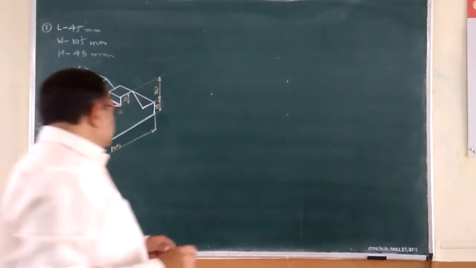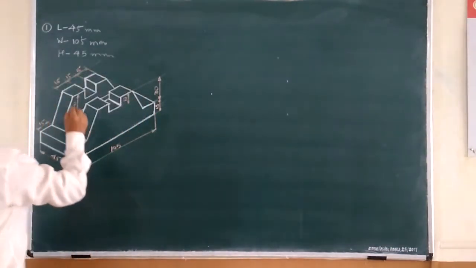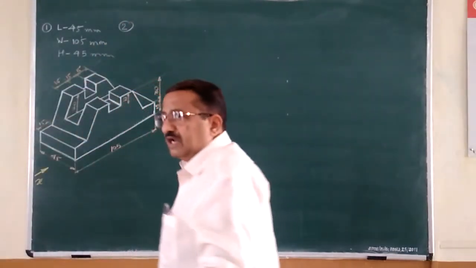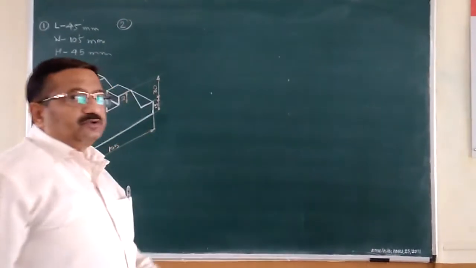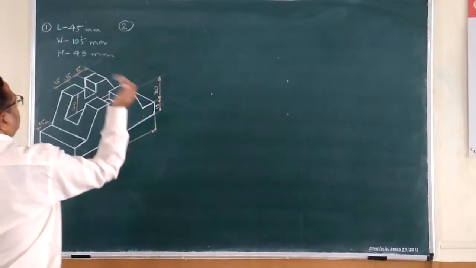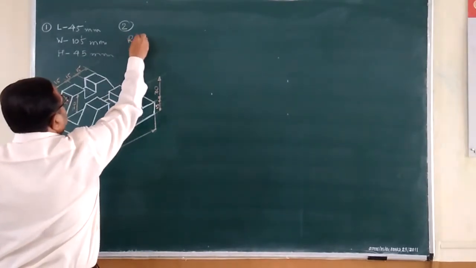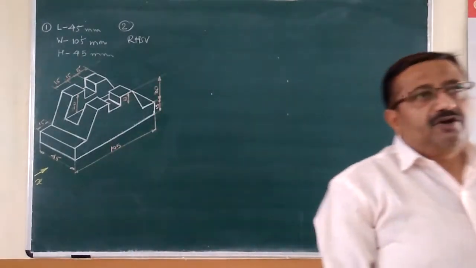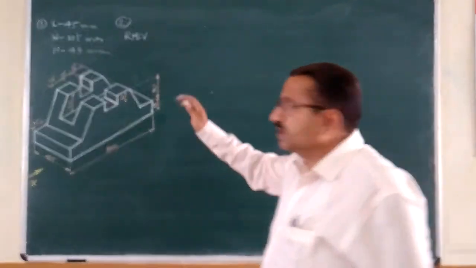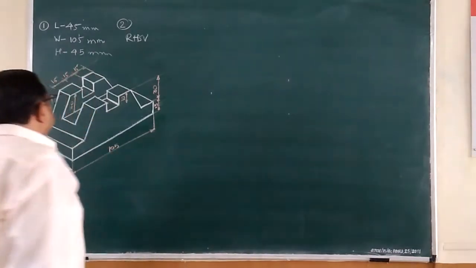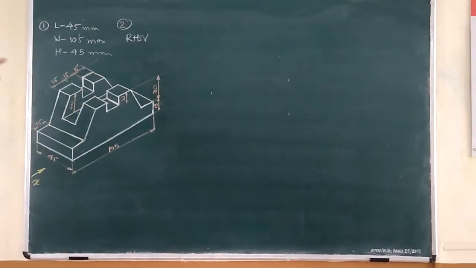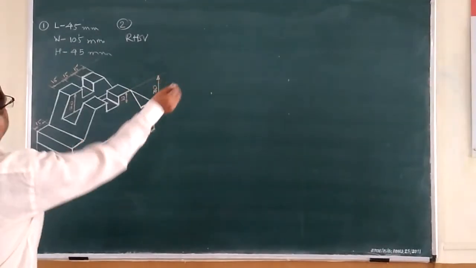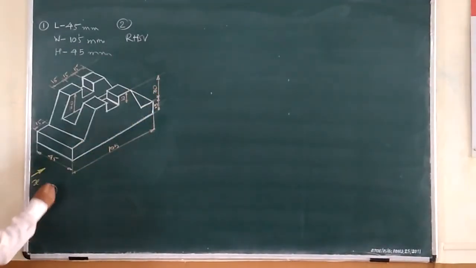Now, the second point is which kind of side view is expected. That point I will write. Just here, your left hand is busy for construction of its front view. So naturally, the right hand is the left hand. So the right hand side view is the expected end view, and at the end of the session we are going to conclude by that view. So now, first point over LWH, second RHSV,